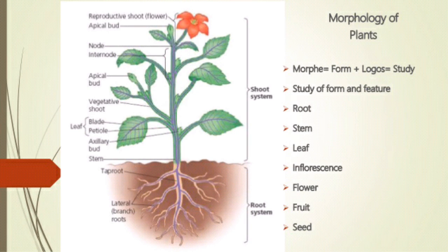The wide range in the structure of higher plants will never fail to fascinate us, even though the angiosperms show such a large diversity in external structure, that is morphology. Morphology means the study of external features. They are all characterized by the presence of root, stem, leaves, flowers and fruits.